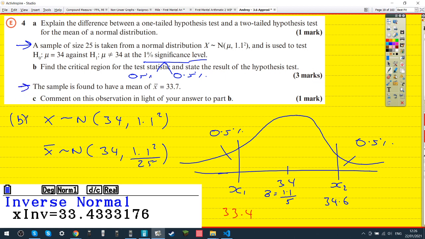Okay, and then part C, the sample is found to have a mean of 33.7. And so comment on that observation. So if it's found to have a mean of 33.7, that's greater than the 34. Right. Oh, that's less than the 34, sorry. So does that mean that there was 0.3 off or something? Yeah. So 33.7 is probably about here. Yep. Okay, and so